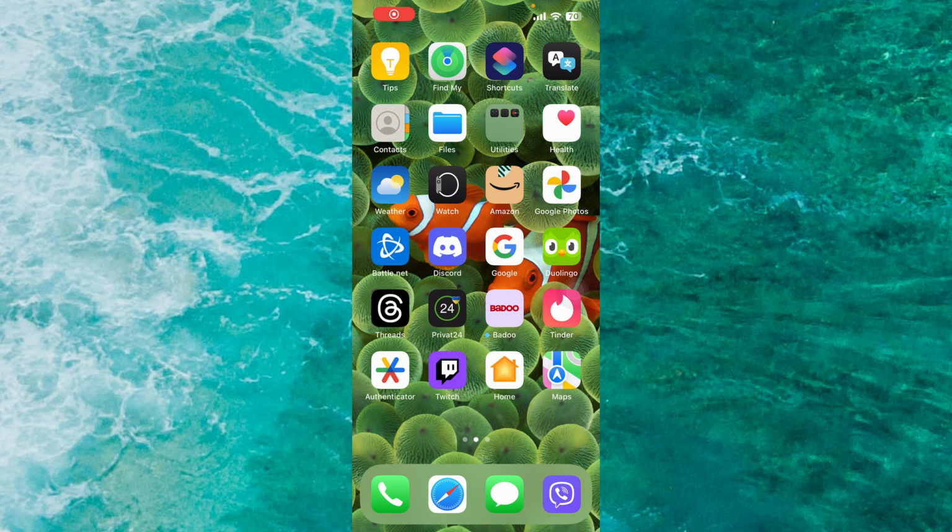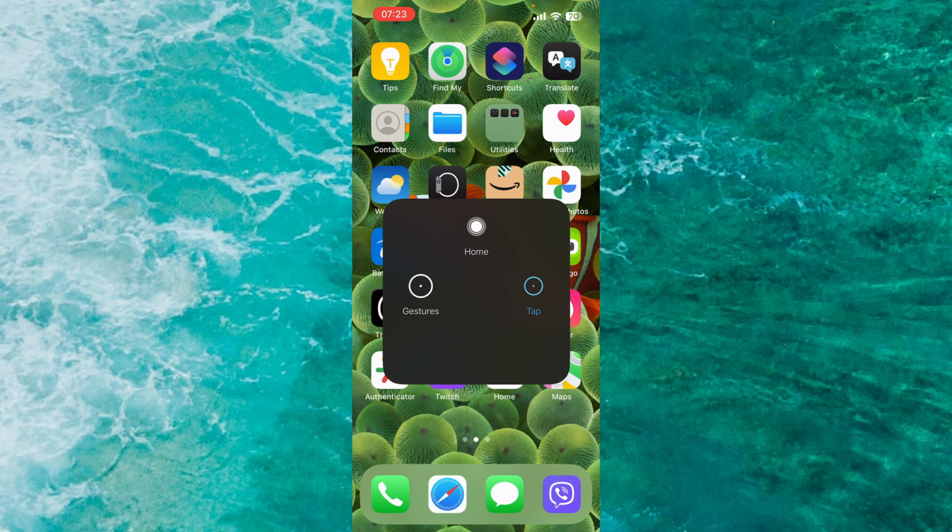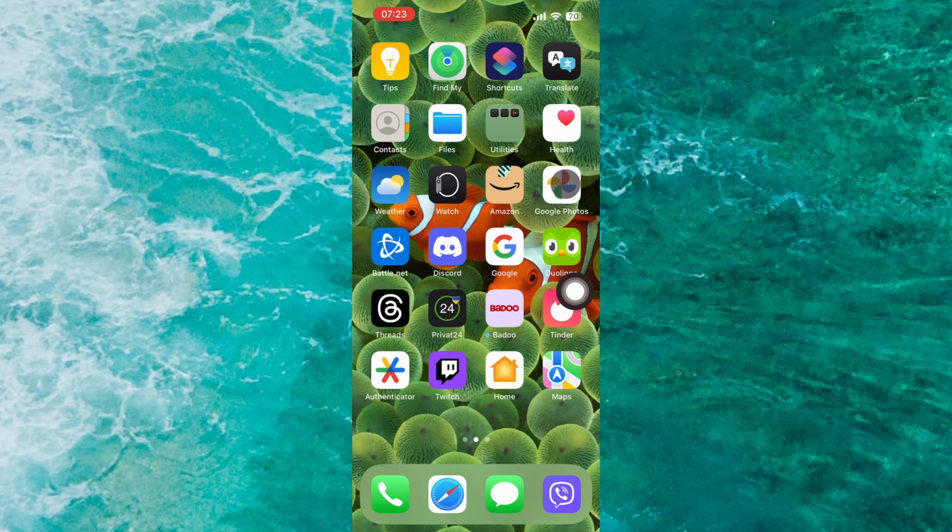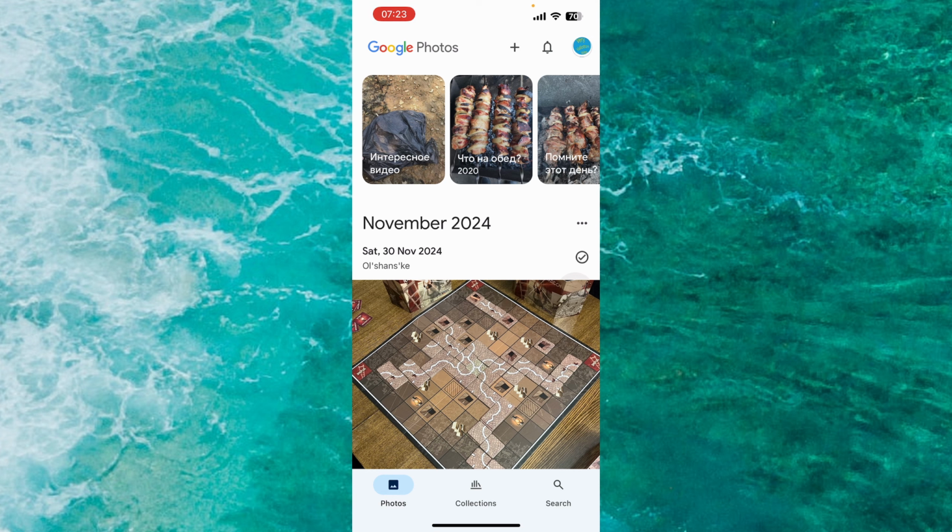Here is how to view backup photos in Google Photos. So basically, if you open up the Google Photos app, you will see a bunch of different photos. All these photos are backed up, but you don't know exactly which photos are backed up, and you can't check it